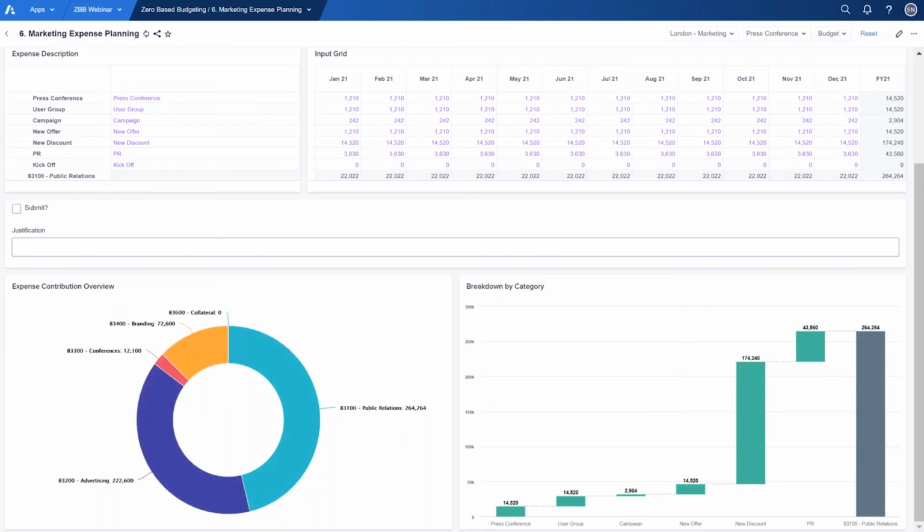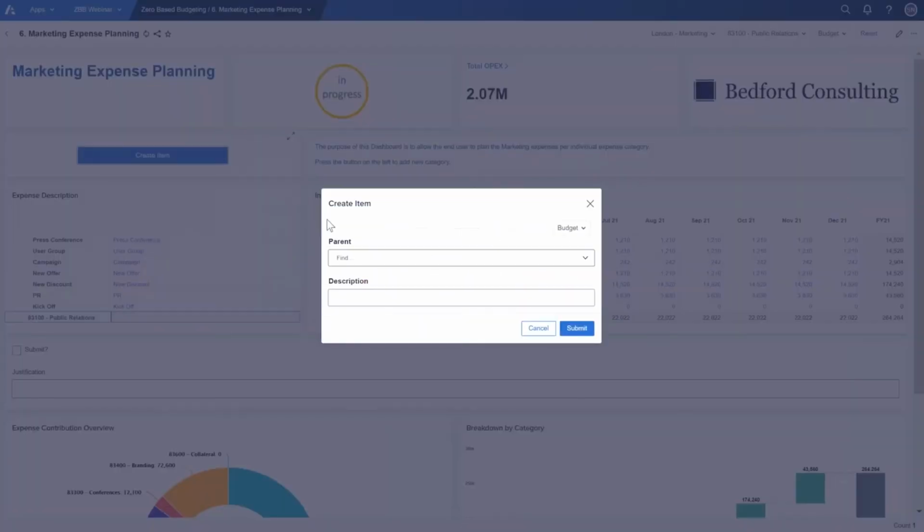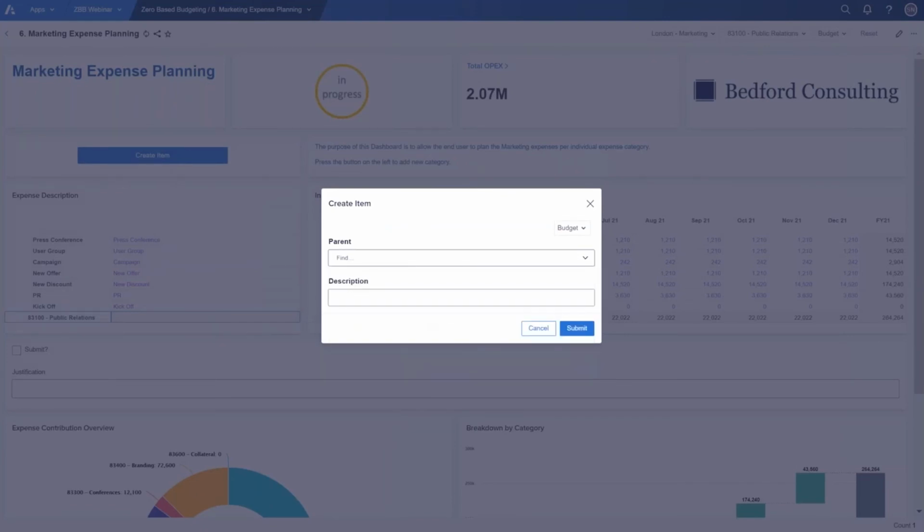So adding new items is nice and easy as per all of the pages that we have in Anaplan, we can click a button here that would create a new item in this group. So we would simply say on public relations, we wanted to create an item. We would then click create the item. We would choose the parent into which it would go, and we would say, for example, that's to go into public relations. And we would then say, you know, whatever that might be, a